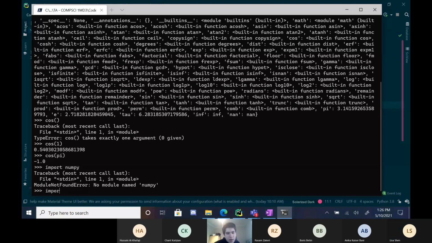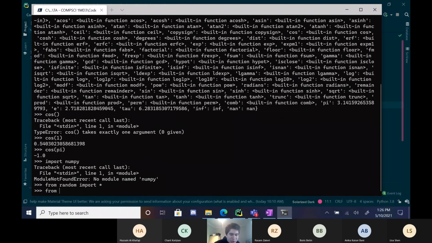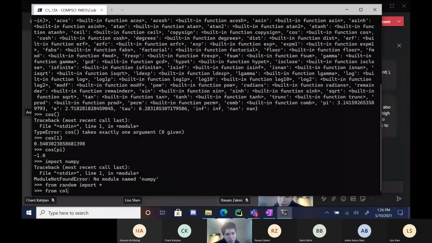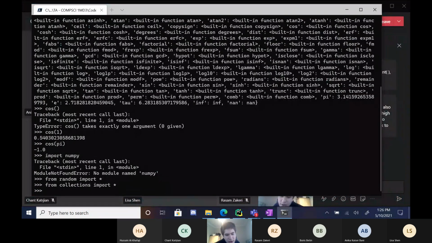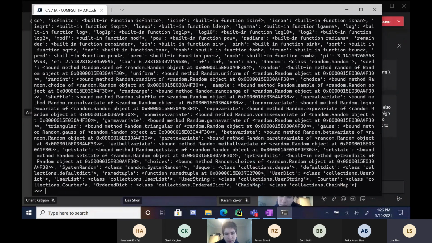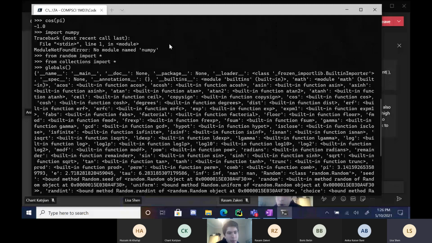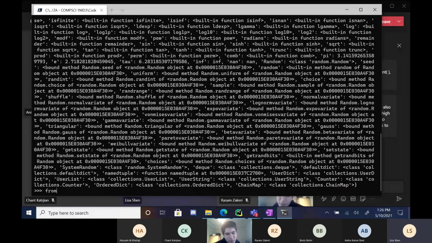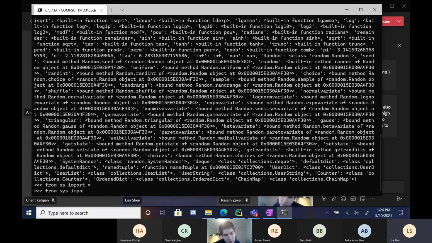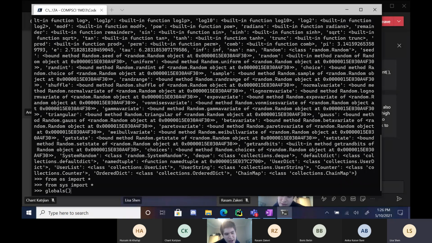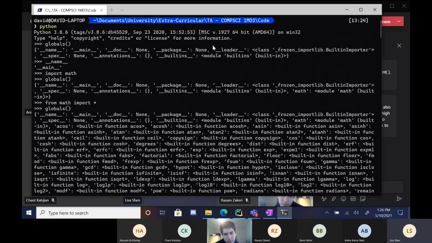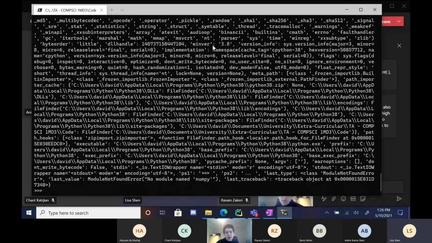But if I do from random import, and now let me think what else. Or from, these are all built-in libraries, right? And Python has probably at least, I'm just going off memory here. Now if we try this again, right? So that's what I'm trying to say is,